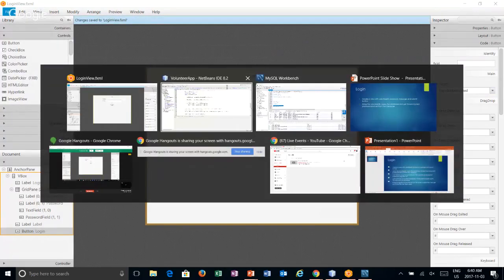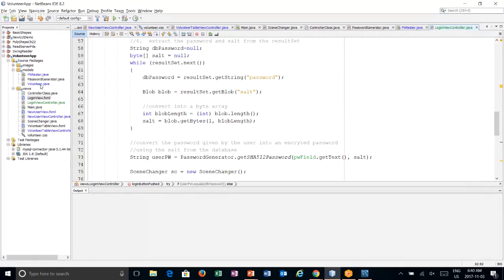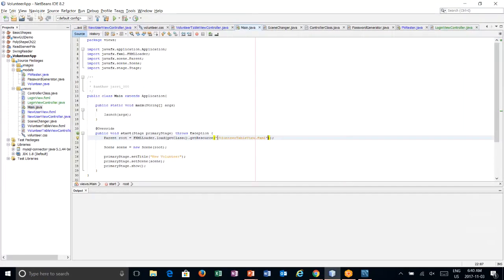So now this is connected to our controller. And then when we launch our program, we need to use this view instead of the volunteer table view. So here we will use, called it login view. If we hit run,